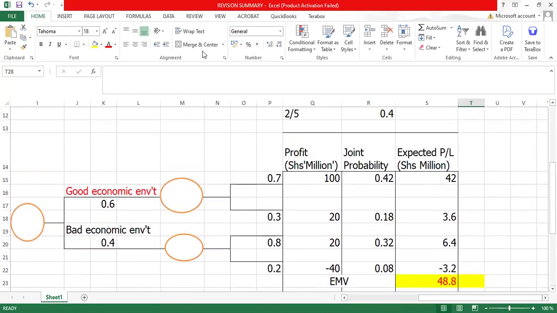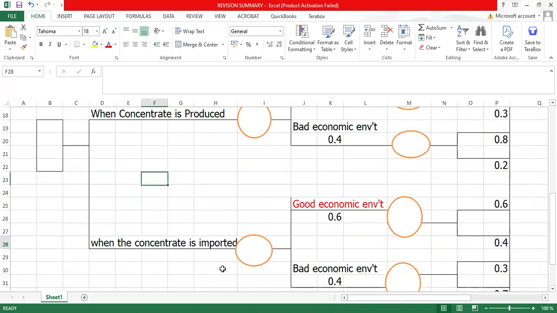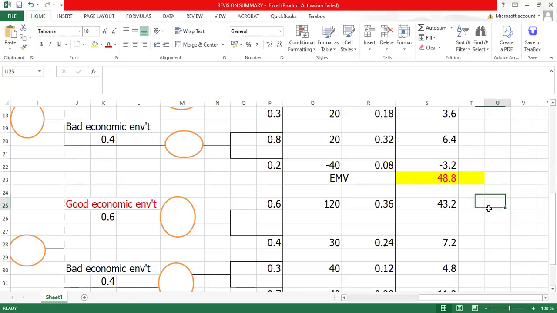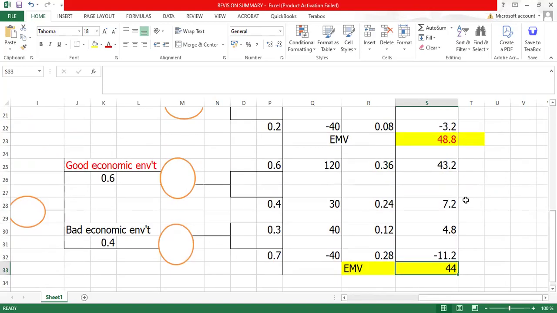So if you were to advise this company on whether to choose option 1 or option 2, which one is better, to produce or to import? Which one is better? Produce. You look at your expected monetary value, the one with the higher figure. When you import, this is the overall amount you can get. Rather, when you produce, this is the overall amount, the overall profit. When you import, this is the overall profit you can make. So here you would advise this company to import rather than produce,